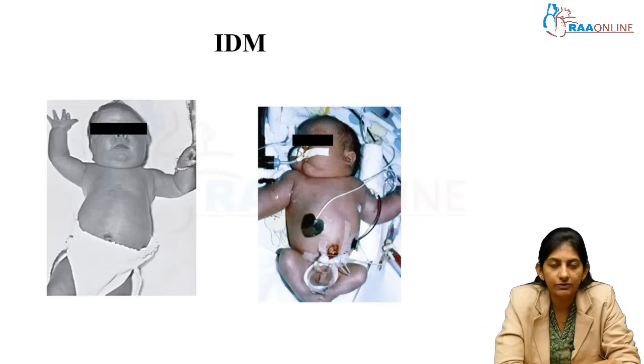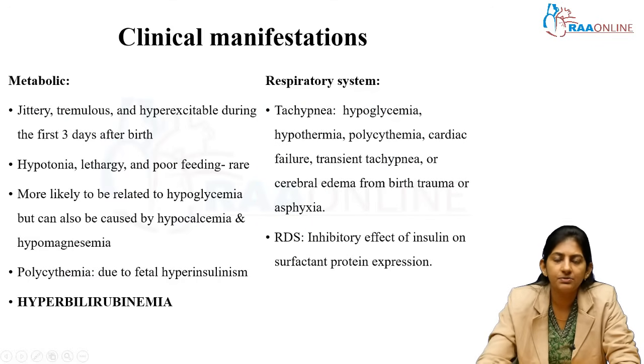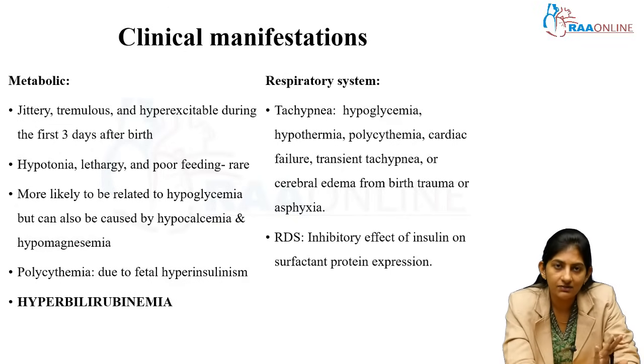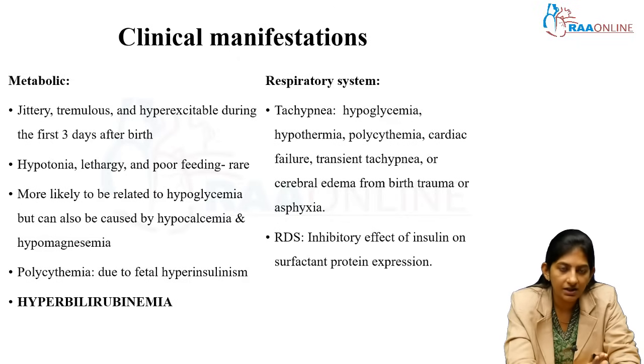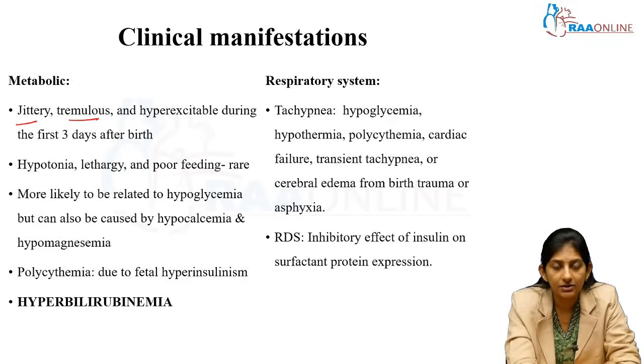So this is an infant of diabetic mother. Images taken from the Nelson textbook. I think maximum we have discussed already. Here I am just presenting the clinical features only. So metabolic complications I told you, even hypoglycemia, only in severe hypoglycemia do the babies go for a symptomatic presentation. When it is symptomatic hypoglycemia, babies become very jittery, very tremulous and hyper excitable. All these will be present in the first 3 days where hypoglycemia is common. And in severe hypoglycemia, babies can go even for lethargy, poor feeding, hypotonia, and polycythemia is also common.